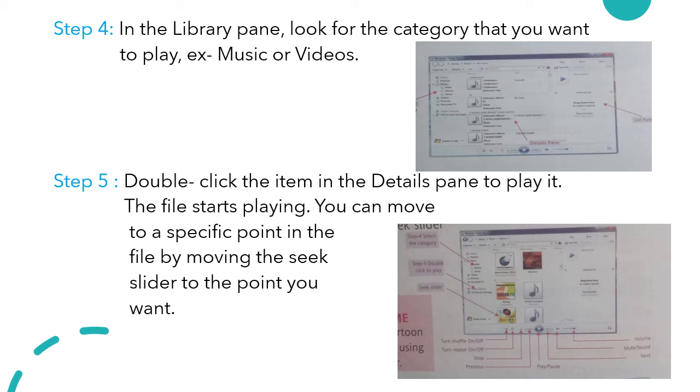The file starts playing. Now you can move to a specific point in the file by moving the seek slider to the point you want, that you can see in the given picture also.